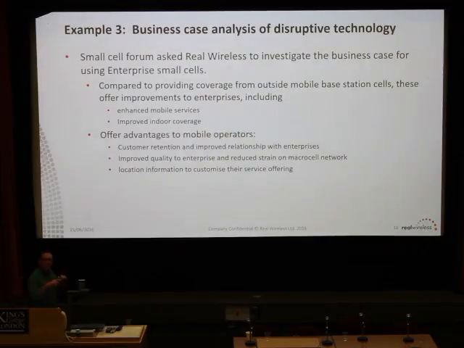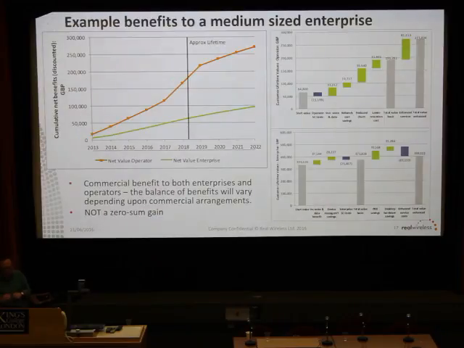Let's assume that we can take all the advantages of the different paradigm of deploying the networks, and you can let the IT guys in the enterprise do the internal deployment, perhaps. Okay, what do we get? Let's start on the right-hand side, where you can see different costs and benefits adding up in this little waterfall chart. The operator's having to spend some money on small cells, but they've got savings on their network costs.